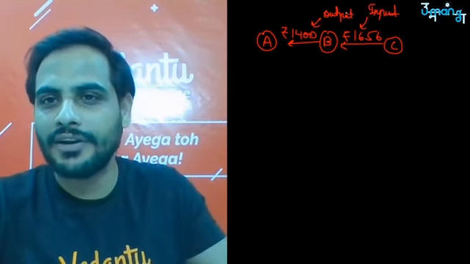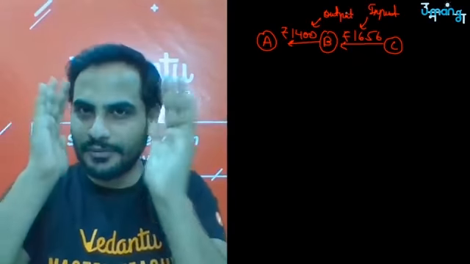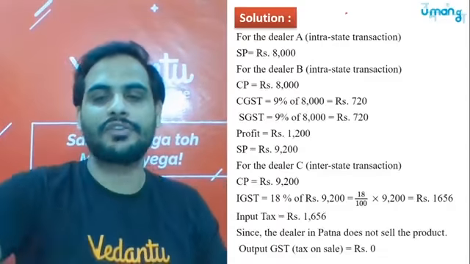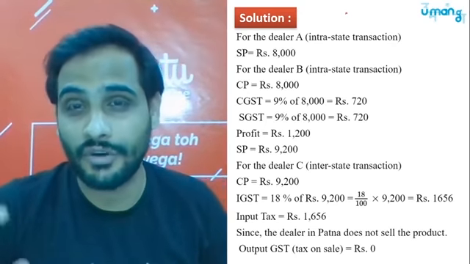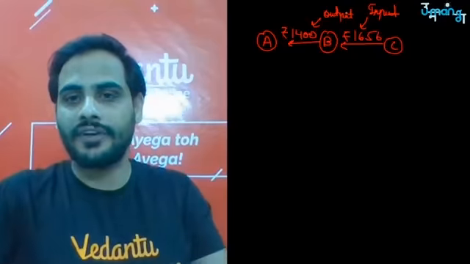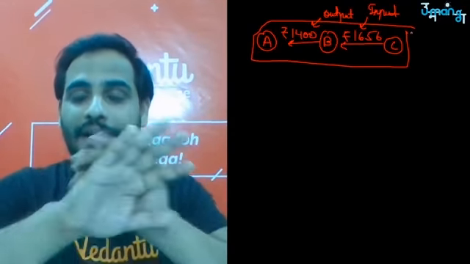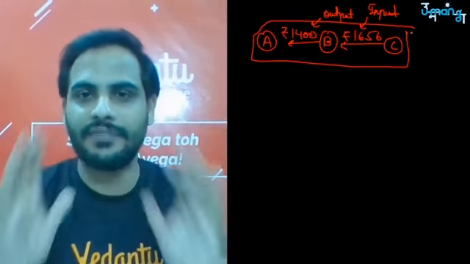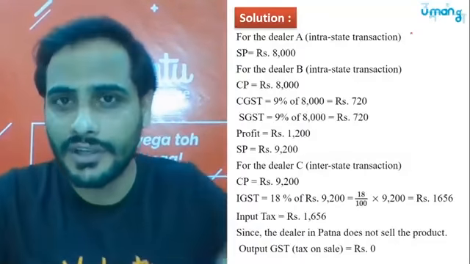So it is very important that you understand how to draw the diagram. Just draw a simple diagram A, B, C so that you will be able to understand everything. This is the solution here. Got it? So these are the most important questions from your topic GST. I hope everything is clear now. Please do not forget to make a diagram like this when you are solving a question, to avoid any confusion. This is very important. This is going to help you a lot.